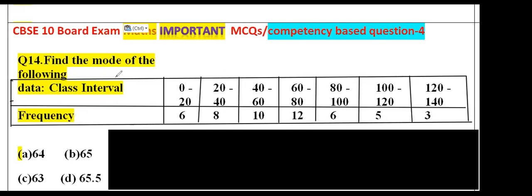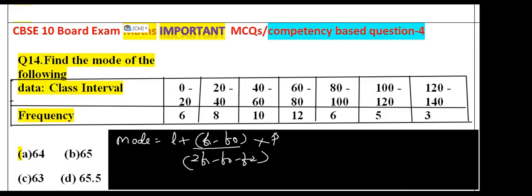Find the mode of the given data, class interval and frequency are given. Look here, first for the mode we write the formula of the mode. Mode is equal to L plus (f1 minus f0) upon (2f1 minus f0 minus f2) into h. Highest frequency, look here, the highest frequency is 12. So f1 is 12 and this